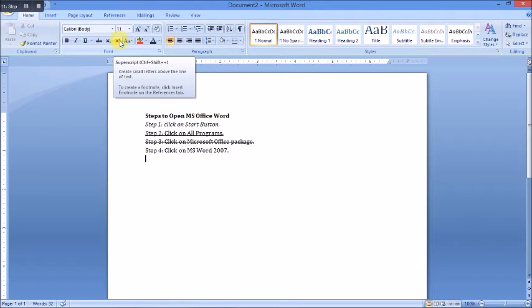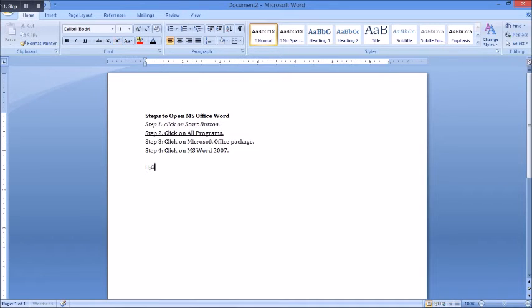For subscript, such as H2O, first type H, then activate subscript, press 2, and deactivate subscript. For superscript, such as 2 to the power 4, first type the number, then activate superscript and type 4. This is how you can work with these.